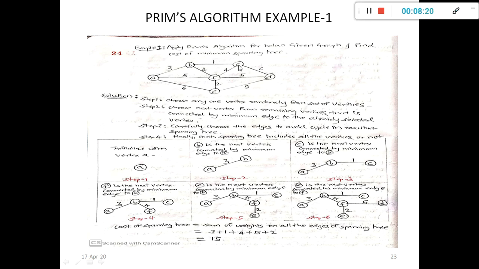Hence, connect vertex C to vertex B, as shown in step 3, and it will generate another subtree that looks like from A to B with distance 3 and from B to C with distance 1. Also check that there is no cycle in the subtree, and finally you will get a subtree from A to B and B to C with distances 3 and 1.